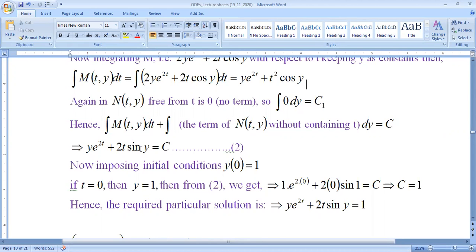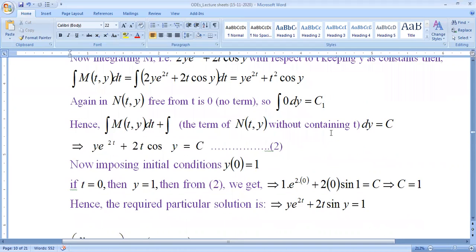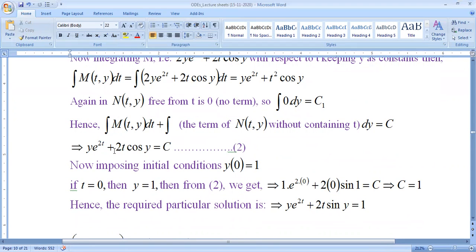Now this will be twice t, this will be cos, not sine. Remember it, there was a mistake, it is cos. This is the actual solution of our previous differential equation. Now imposing the initial conditions, y(0) equals 0, at t equals 0, y equals 1. So from this solution, what will be